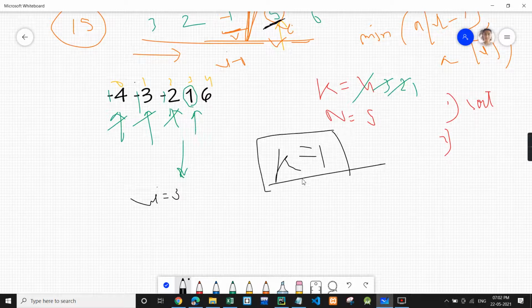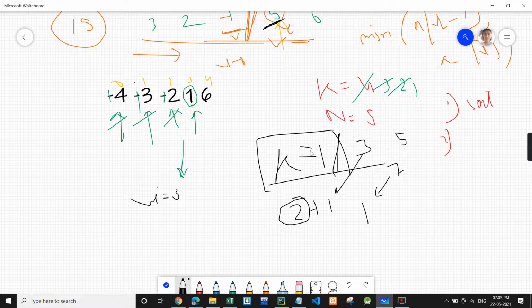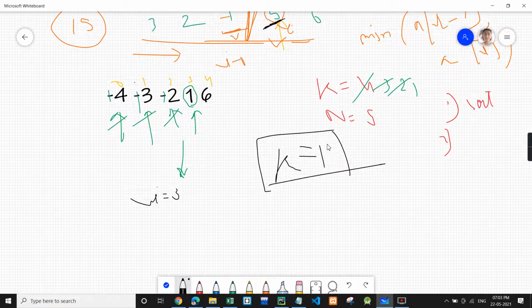Even if k was any other odd number like 3, 5, 7, ultimately one modification needs to be done in all these cases, because 3 will be 2 plus 1, and 2 modifications will have no effect. We discussed that even modifications do not have any effect, right? So every time k is odd, we need to do only one modification.